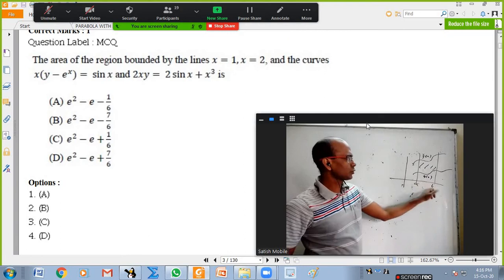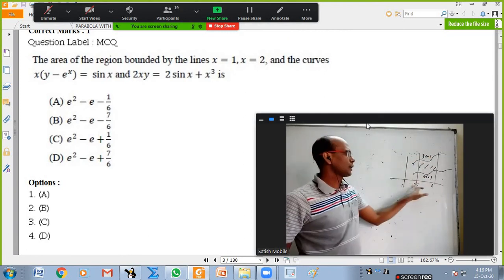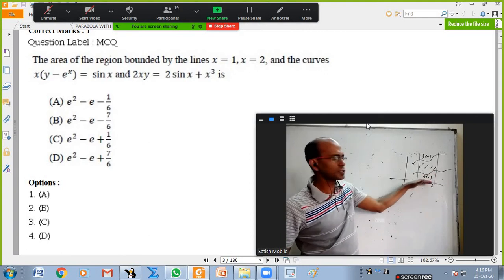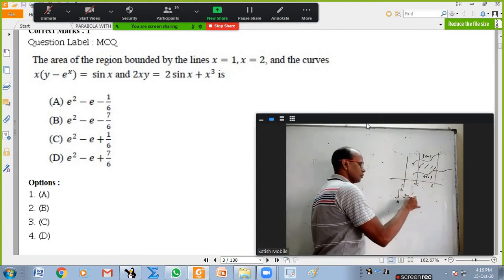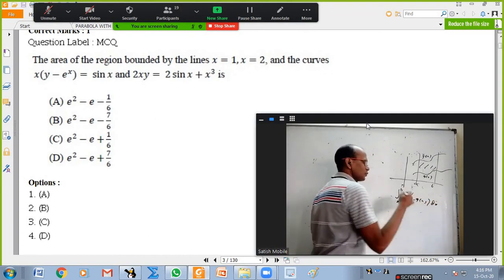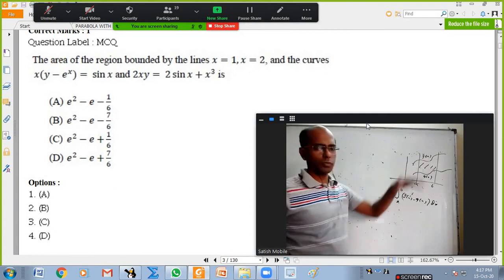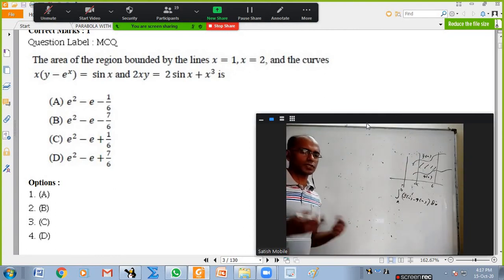The integral from a to b of f of x dx will give you the total area under the upper curve. The integral from a to b of g of x dx will give the total area under g of x. So when you subtract, the integral from a to b of f of x minus g of x will give you the area between the upper curve and the lower curve. So here, when they give two curves, it is our duty to identify which is the upper curve and which is the lower curve.